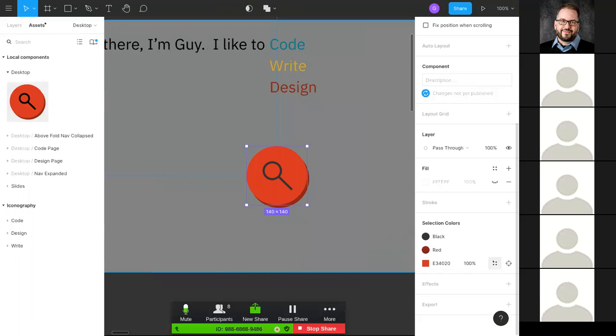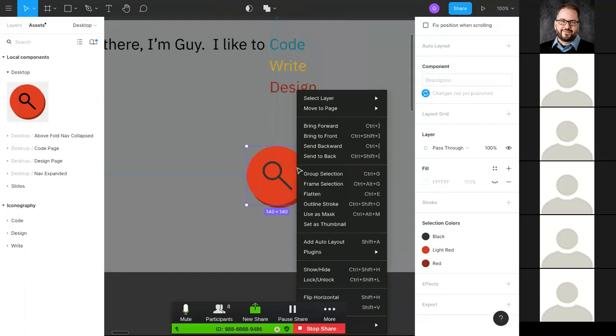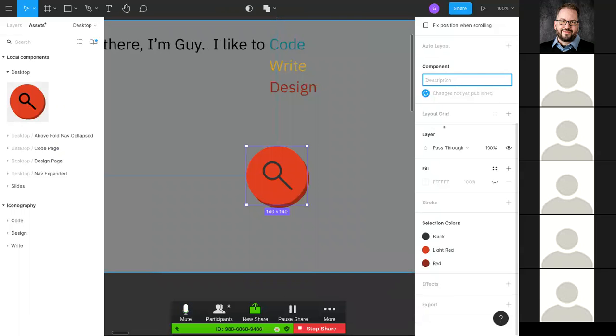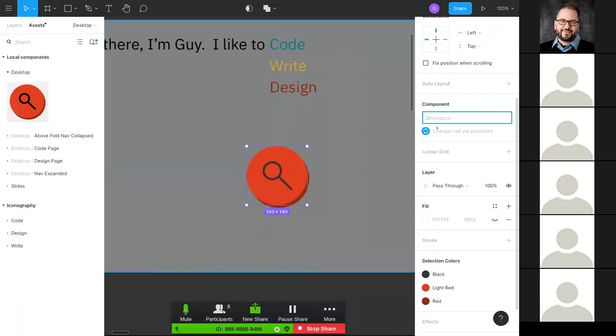So now I have the red and the light red, and now all of this is using the colors that are in my design system, and I can change. I have these changes. I can publish them here. They also recommend having a description. So this is just the nav button, and I can,